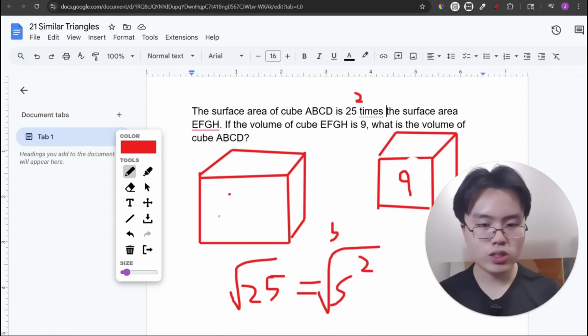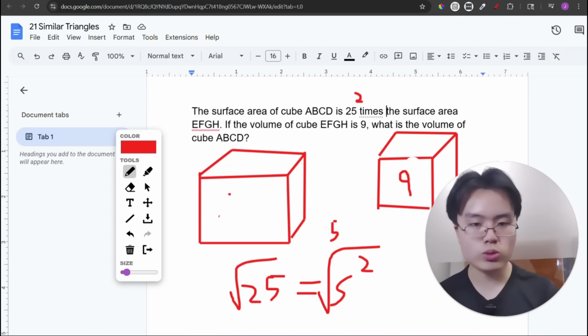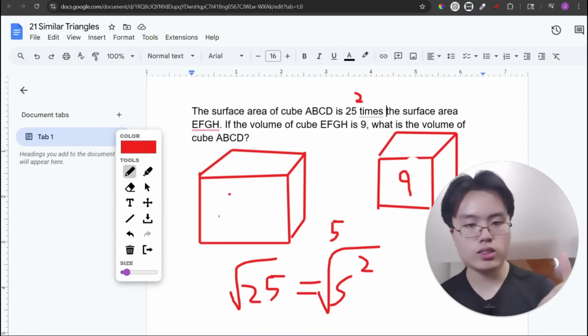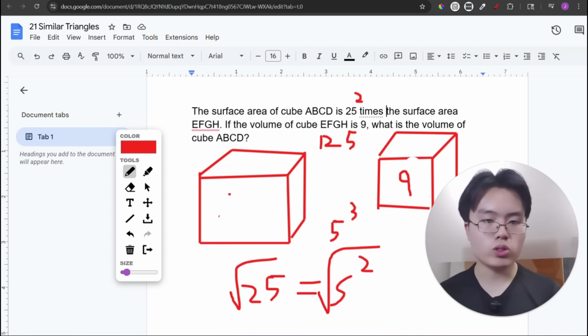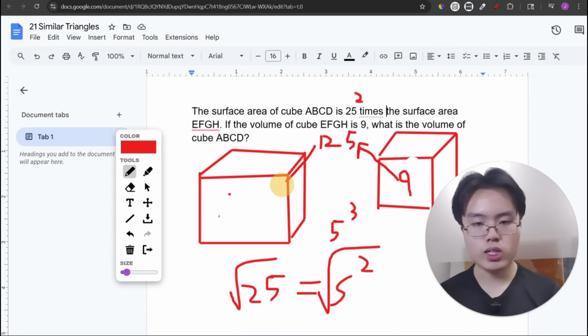So, again, we need to go back down to the sides. We only work between the scale factor of the sides to get to the volume and to the area. So now that we know the scale factor of the sides, we can cube it. Now 5 cubed is 125. And now we know the scale factor of the volumes, and we do 9 times 125 to get this number,